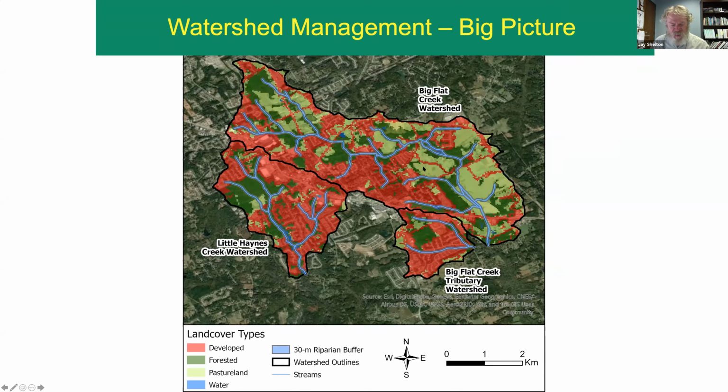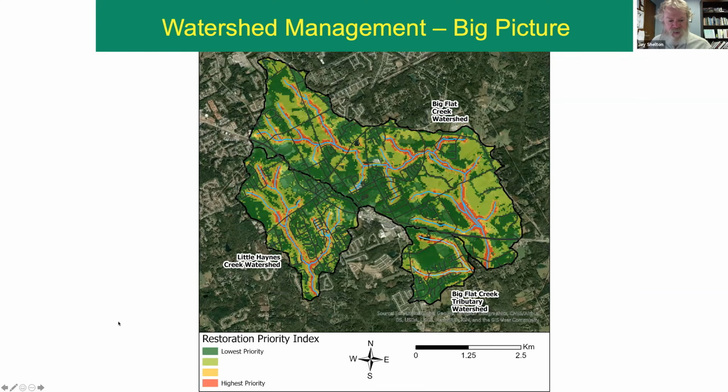The other thing that we can do then is to think about what is the most critical piece, what's the most vulnerable piece, I guess is the best way to put it. And that allows us to put together a priority index. So we've used all the information from those other two slides to come up with this. And the simple, whoops, sorry, go back.